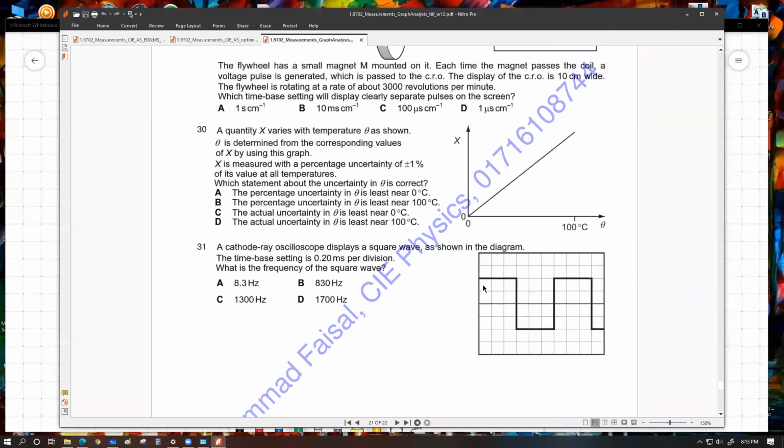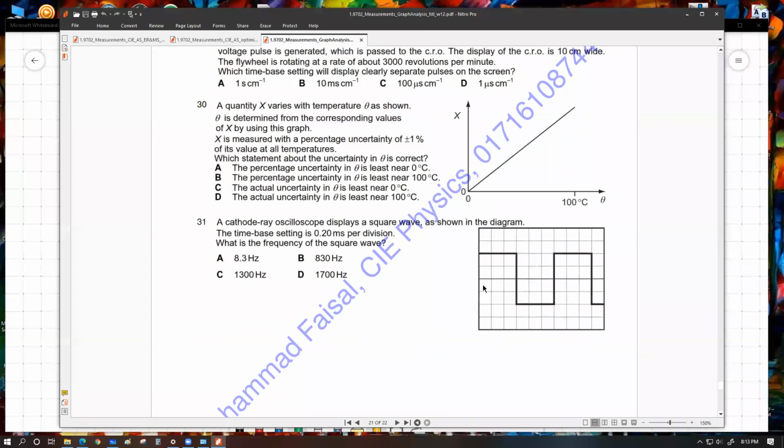Have a look. A cathode oscilloscope displays a square wave as shown in the diagram. The time base setting is 0.2 millisecond per division. What is the frequency of the square wave? So what you need to find out is how much time is required for each cycle. In this case, if you want to define one full cycle starting from the very left, this is the upper left corner of a square wave, which means